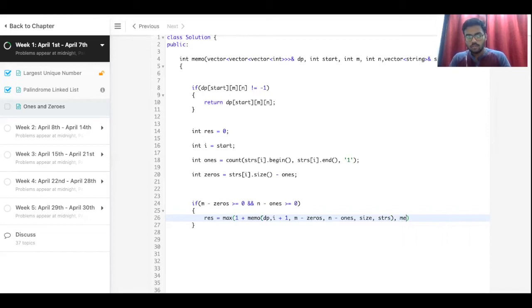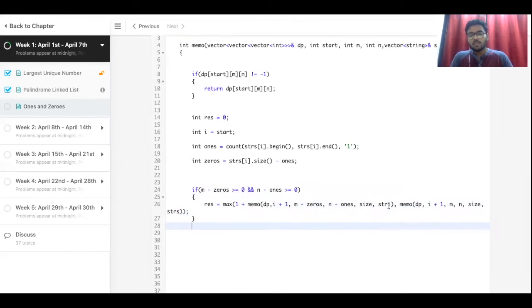Then we have another memo where we'll be passing dp, i plus 1, m, n, size and strs, where we do not do anything about that. We do not consider that string. So what we are doing basically here is, once we are considering the string, we are decreasing the m and n values, and we are increasing this index. As we have initialized i to start, we can do i plus 1, or we can do start plus 1 also, that's fine.